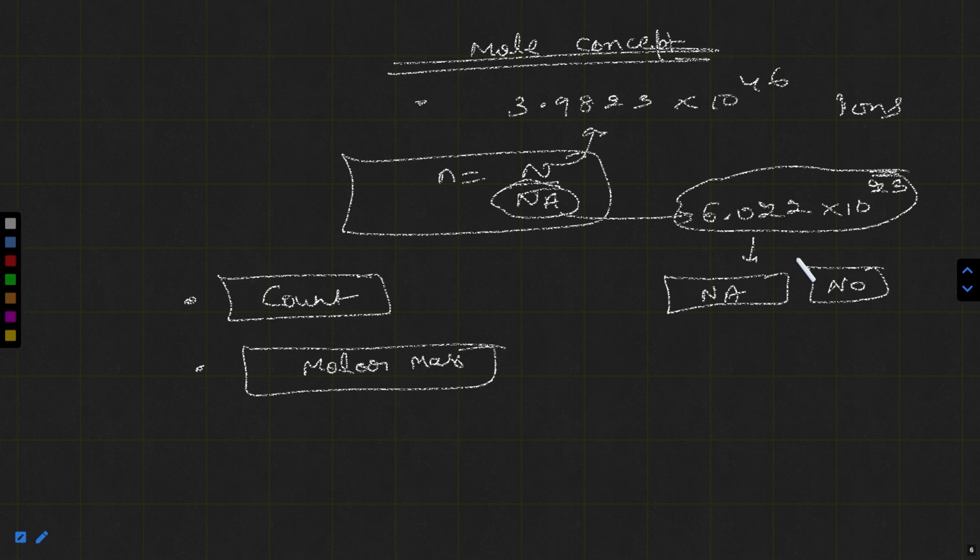I hope you got each and every concept we discussed today. In the next class, again I'm repeating, we will be discussing the molar mass term based on the mole concept. You can practice some questions based on that. I have given the formula n is equal to N by Na, and you will get questions. Suppose the number given above, 3.9823 × 10^46 ions; the question can be asked like, how many moles are there in this particular number?